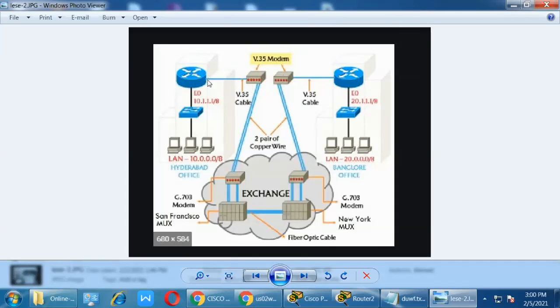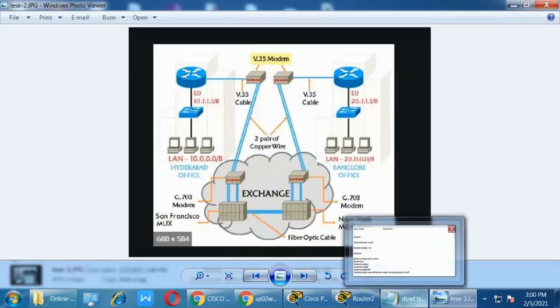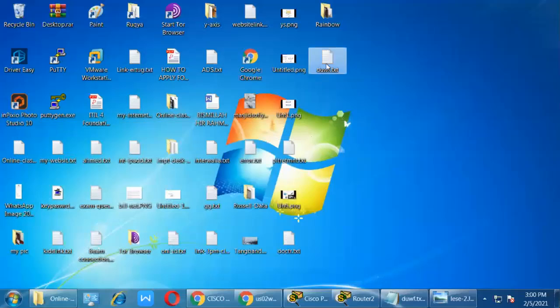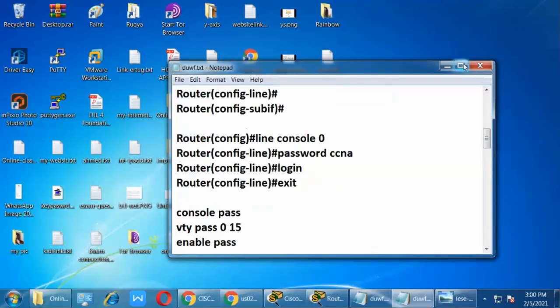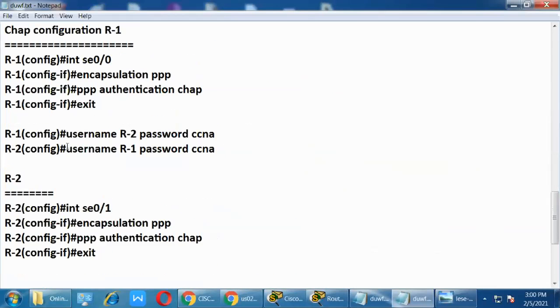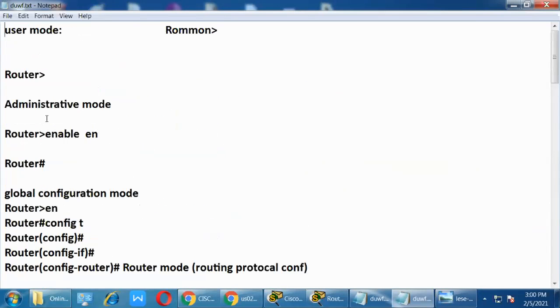So this information you have to provide to the ISP according to this interface. The ISP people configure it and send one file by mail. See here, this is the configuration you have seen on my screen. This is the R1 router, R2 router, R3 router. These are the configurations they will send.